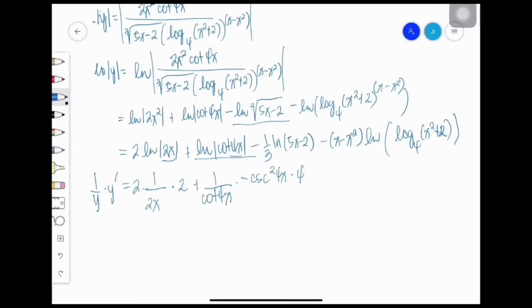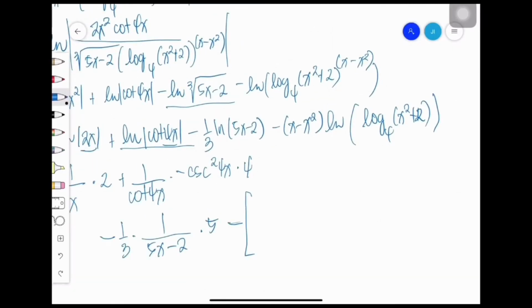Okay, minus, let's put it here, minus the derivative of the third term, which is 1/3 times 1 over 5x minus 2 multiplied by the derivative of 5x minus 2, which is 5,